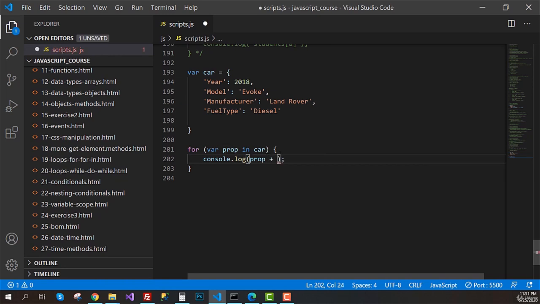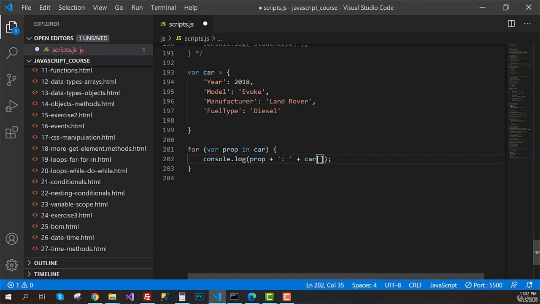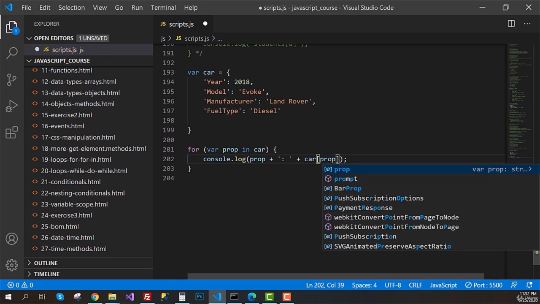So instead of doing this, we can just print the prop, and then we can concatenate it with some string. So let's use the colon and a space. And now we can just use the car object. And we know that to access these properties, we need to use the braces, and inside here we name the properties. And we know that at each iteration of the loop, this property is going to be one of the object properties. So if we just use this variable here